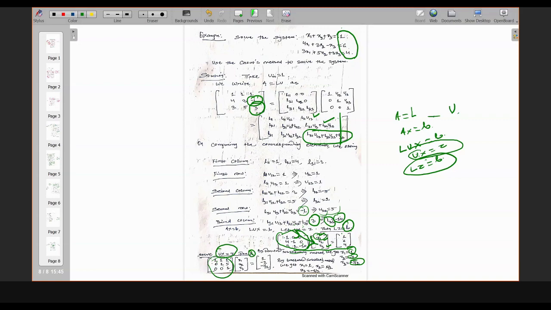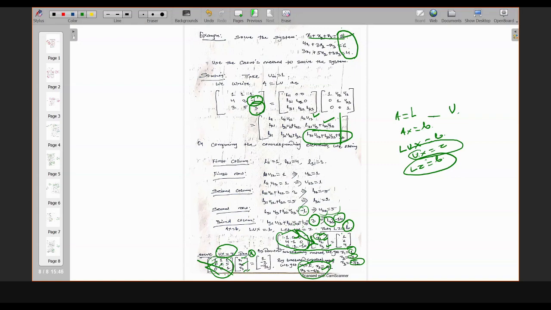Okay, so then you can apply here, since it is an upper triangular system, you need to apply the back substitution method to find the values for x1, x2, and x3. For the back substitution method, you have to go from bottom to top. So x3 and x2, then x1. So x1 is 1, x2 is 1/2, and x3 is -1/2. If you substitute in one of these equations, it will satisfy.